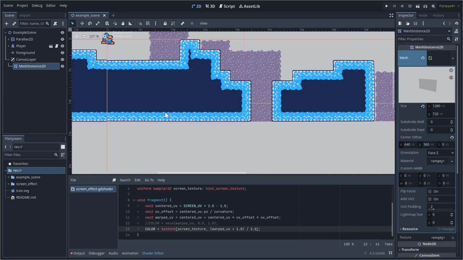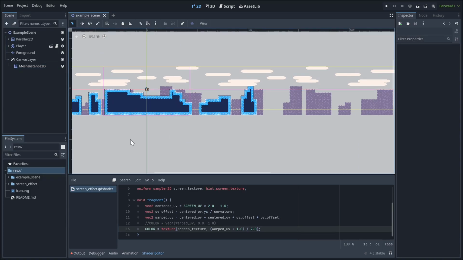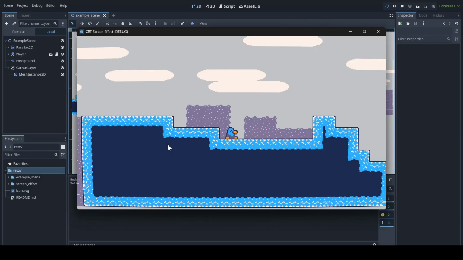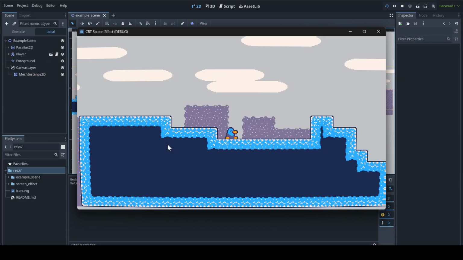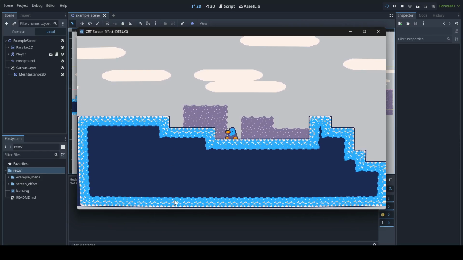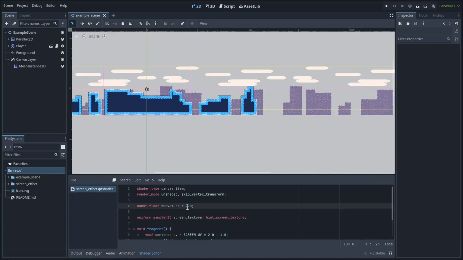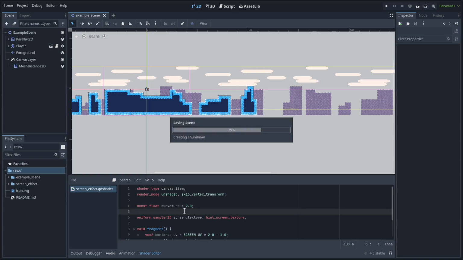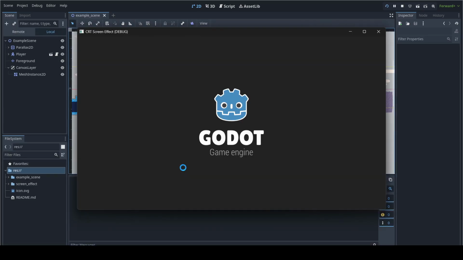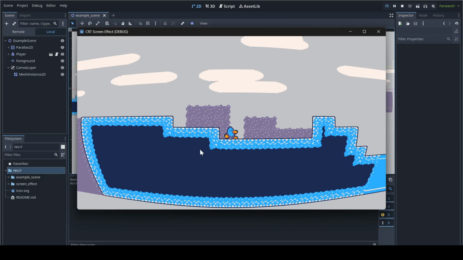Alright, now you might slightly be able to see it, although it might be kind of hard to tell if we run it in a scene. Now it should be more obvious that the edges are being warped. So as you can see, the bottom line here is curved. Now we can really exaggerate this effect by lowering this curvature. So it's actually kind of inverse. So for example, if we set it to 2 and run the project, as you can see now it is